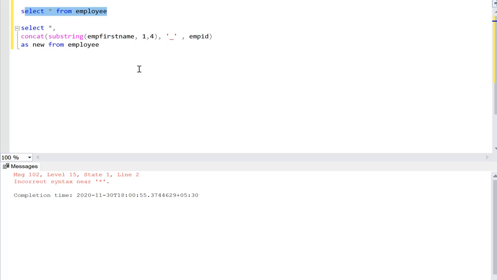So now in this, I'm again adding, but I'm using substring as an additional function here. What I want is the first four letters of an employee's name and an underscore and then the employee ID to make a new ID, so that I can use that as a primary key in case my employee ID is not a primary key. That's an assumption. So I want to create a primary key assuming an employee's first four letters and employee ID is a unique combination, right? So if we were to do that,